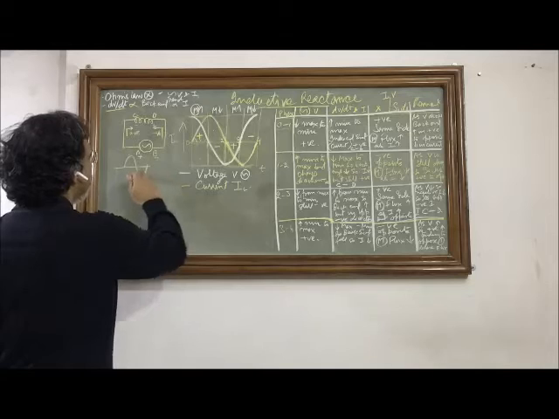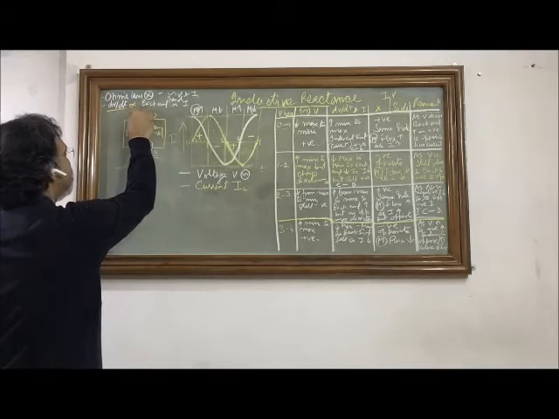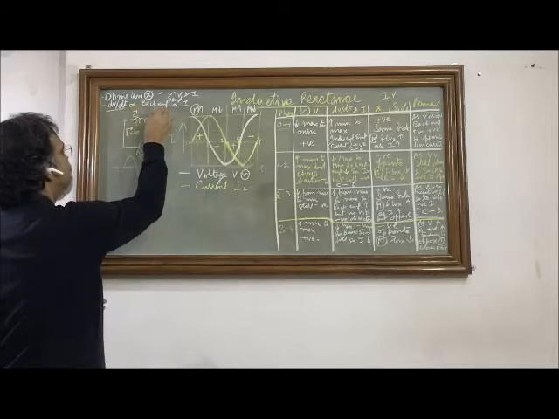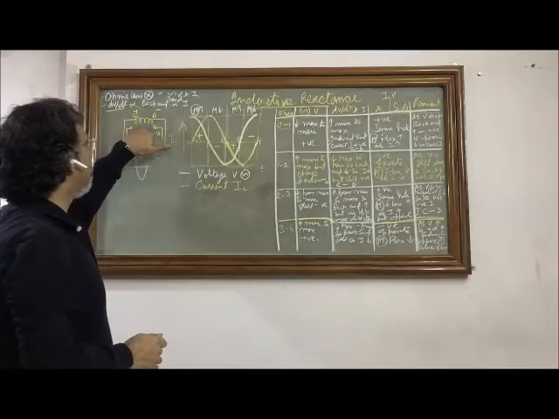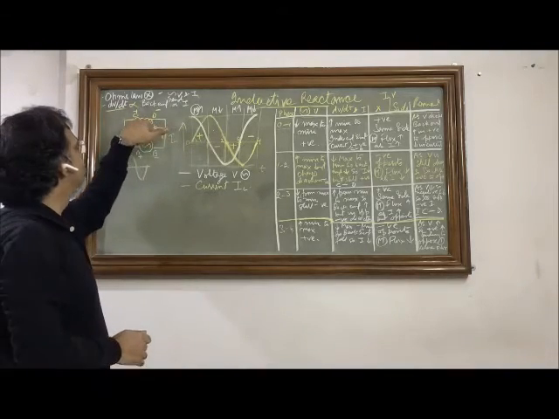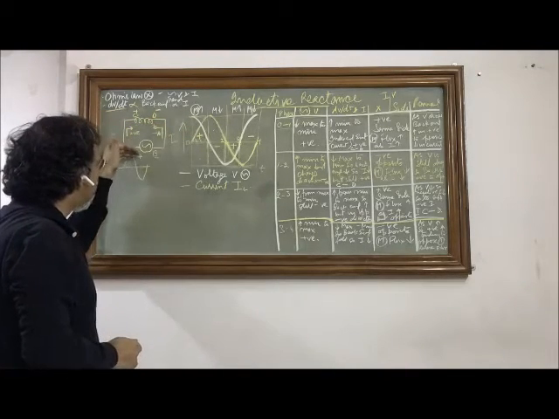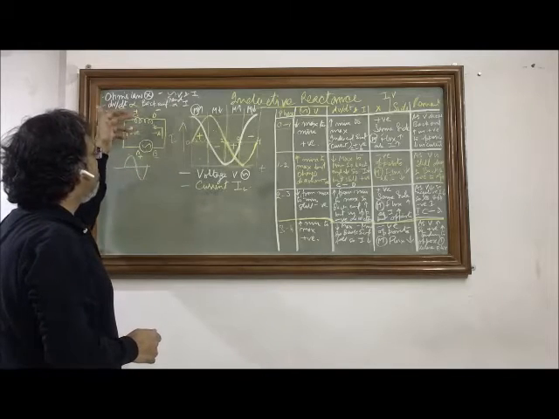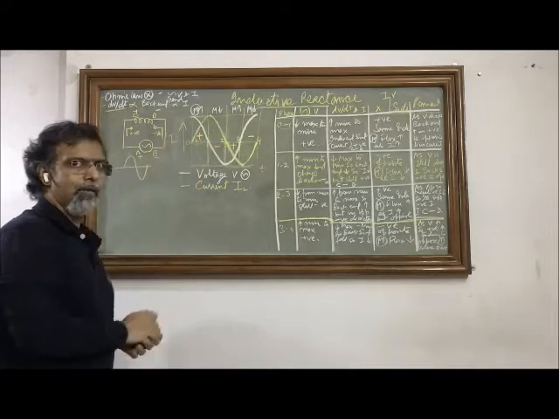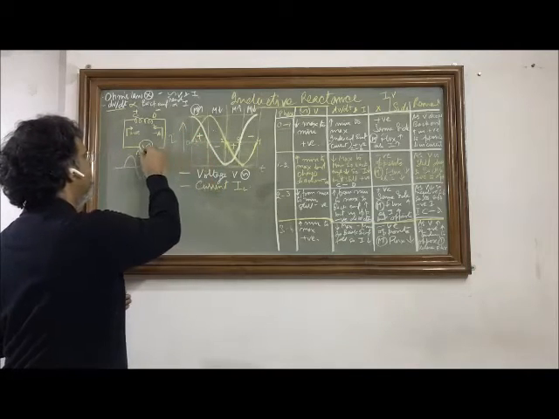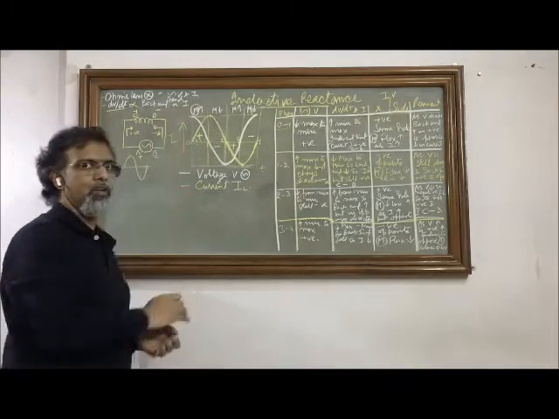Now how can this be supported? Because this is a clockwise current, this is a positive current. So the only way is you should have a potential which is positive here and negative here. So this coil will develop a back EMF such that the C point, or the first point of the coil, is positive and the other point is negative. So the amount of current which is decreasing due to drop in this pole will be compensated by this back EMF. Now as you know, initially the back EMF is lesser because the rate of drop of this potential is lesser. Now as it is increasing, the back EMF will also increase in reaction.